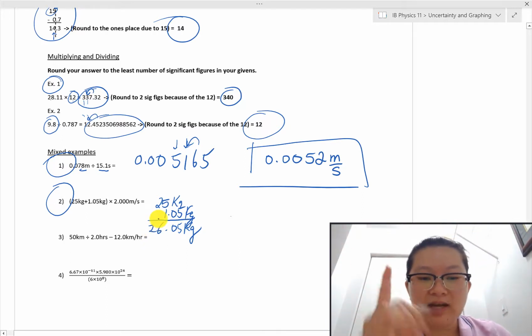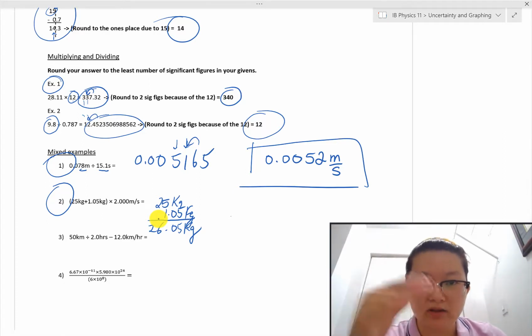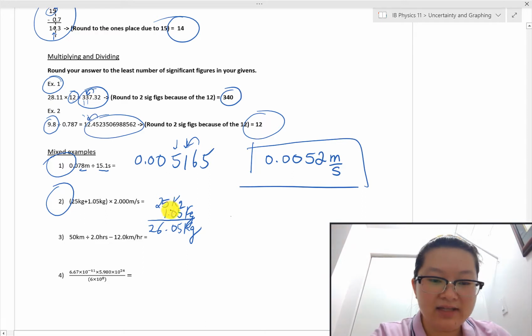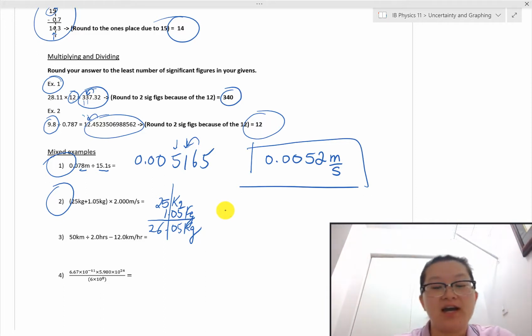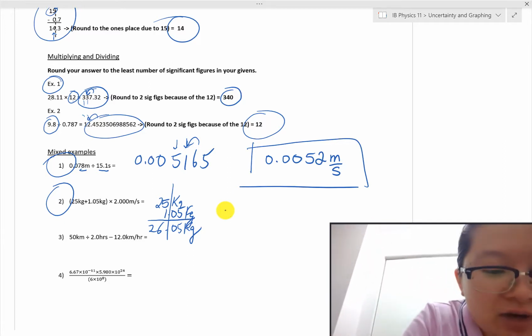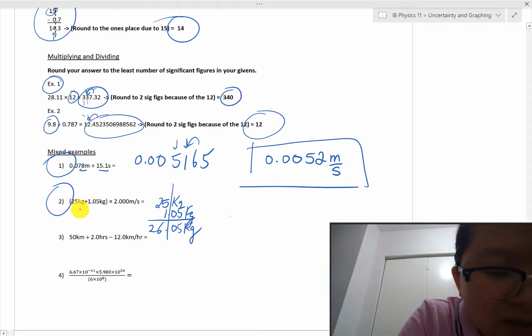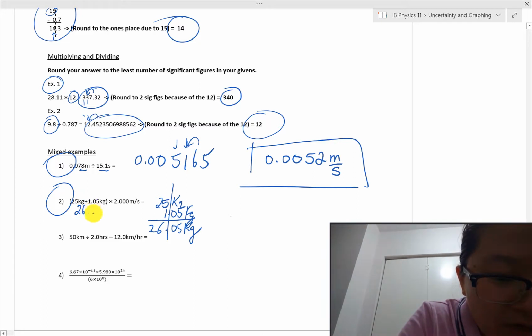So in this example, we need to round using the adding and subtracting way with the rules here. So that is the least number of place values after the decimal place, which is the 25. I'm going to need to round to the ones place. So that's just going to be 26. So this 26.05 is going to give me 2 significant figures. So I have to write this next step here. That's going to be 26, and I'm going to write the 05